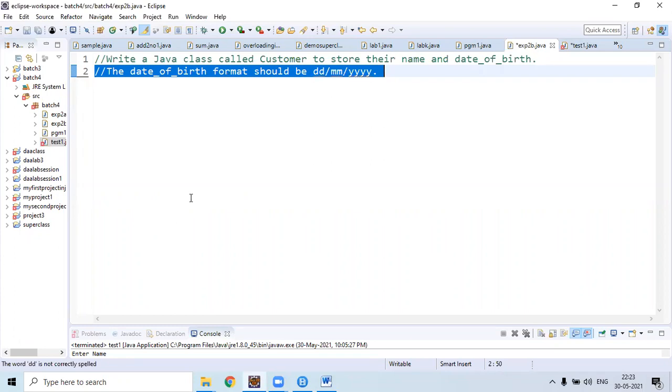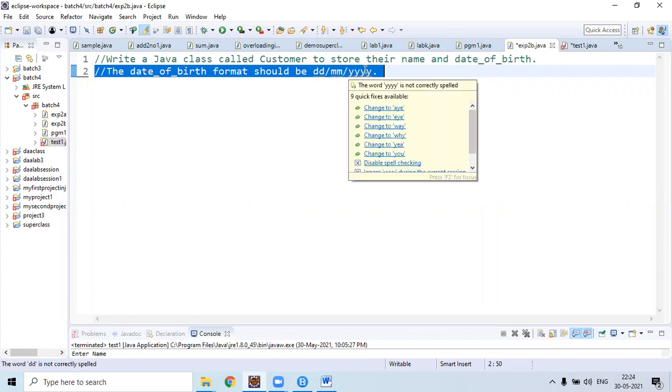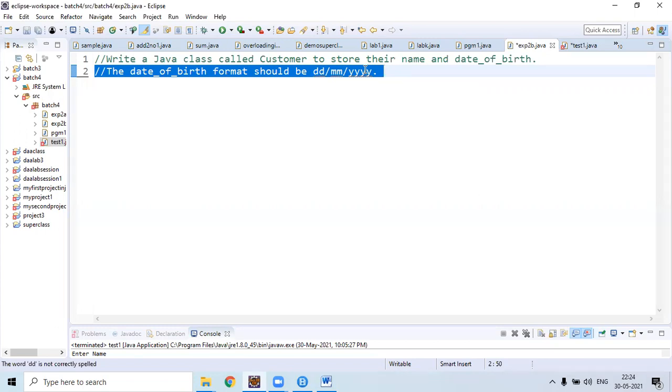We should read a date of birth in this format: dd/mm/yyyy, date/month/year.